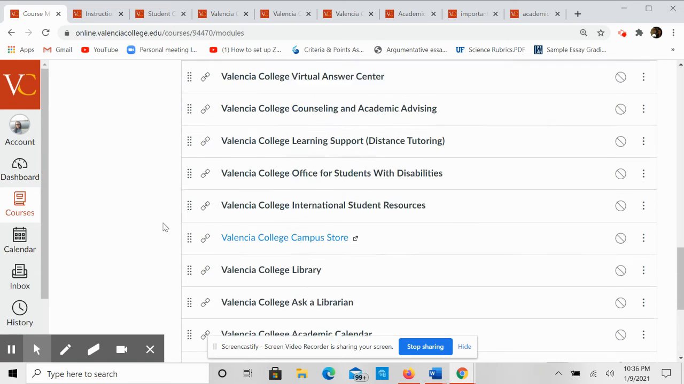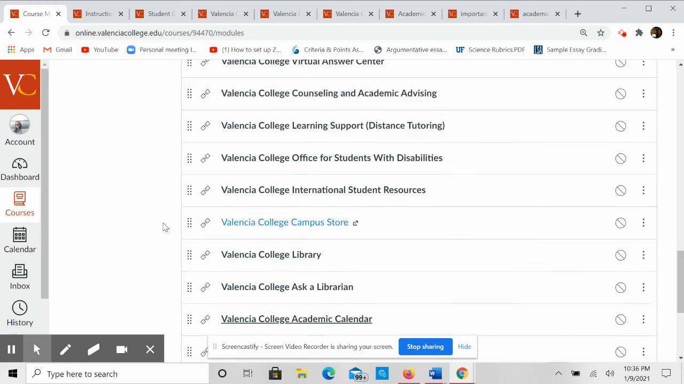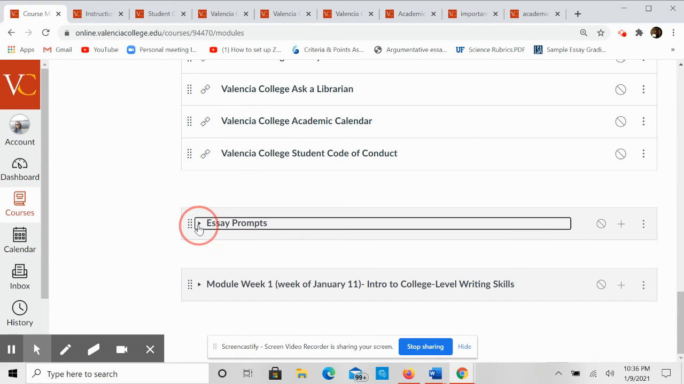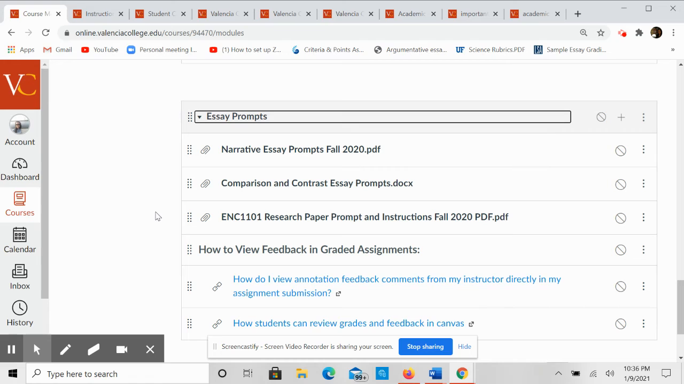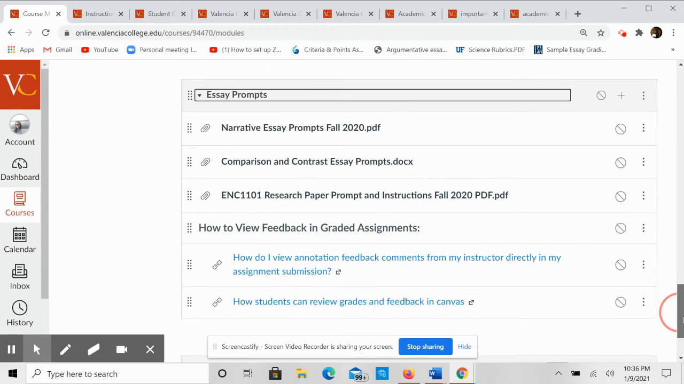After this module, Academic Support Services module, you have the essay prompts. As you will see, these are the prompts for last semester, but the prompts that we're going to use this semester are very similar, if not identical. So I just left these here in case you want to check them out and have an idea of what we're going to be writing about this semester. All right, so I will post the spring 2021